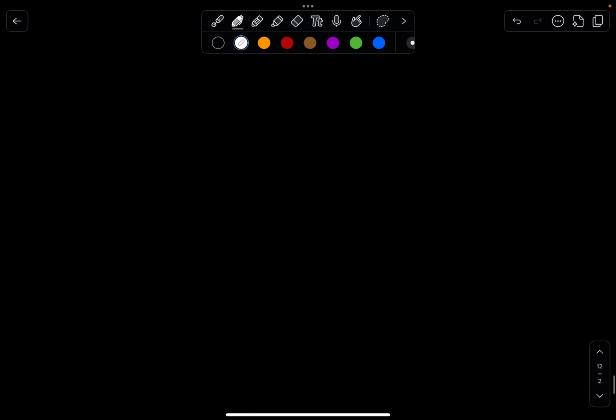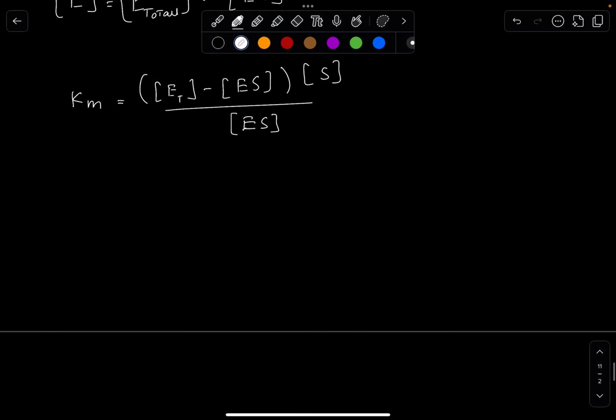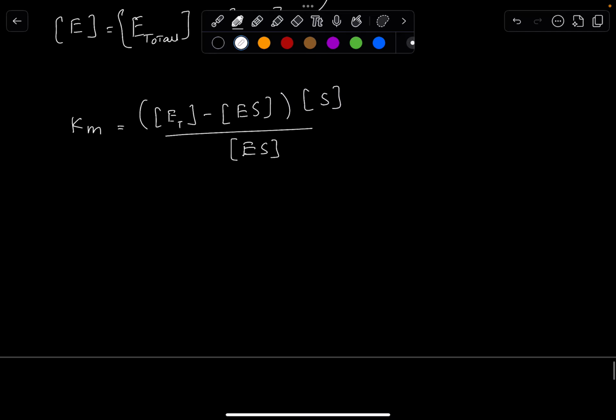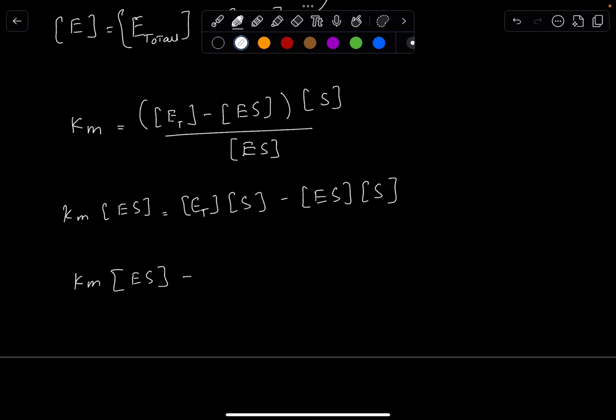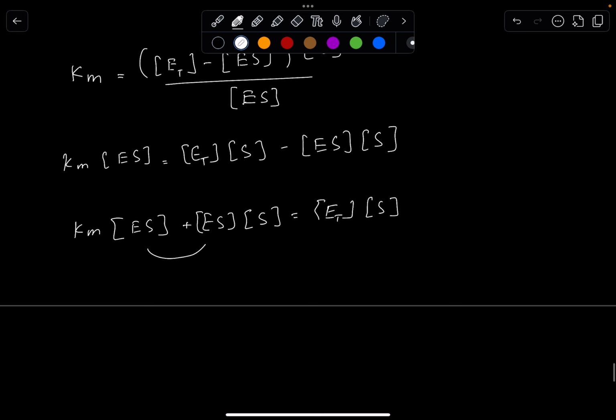So if I now try to separate ES from this, let's do that. So Km ES equals ET minus ESS. So if I move this to the other side, I will say Km equals ES plus ES S equals E total